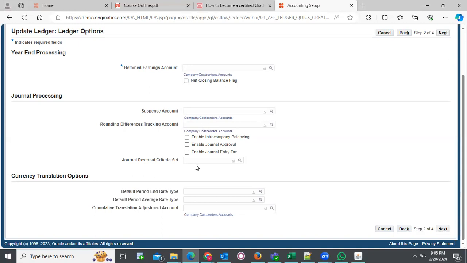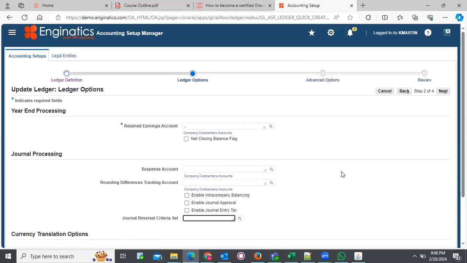So journal reversal criteria set, if there is any criteria that has been set for reversing journal, we will come and provide it here. There is currency transaction options. All this depends on the nature of the client you are implementing for and at the time that you are implementing. So in this case, under ledger options, we only provide retained earnings for the purpose of making this ledger complete. So in our case, we'll click on this,